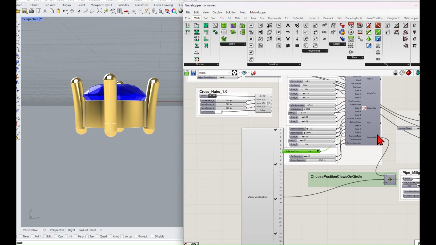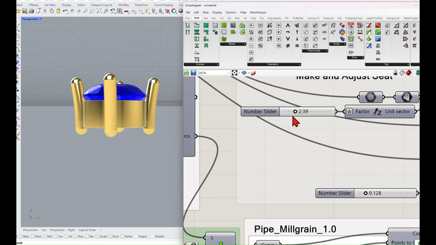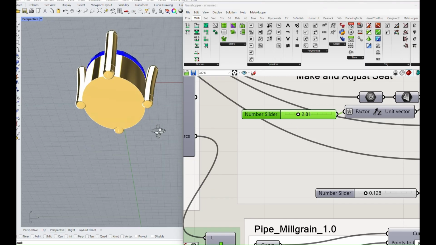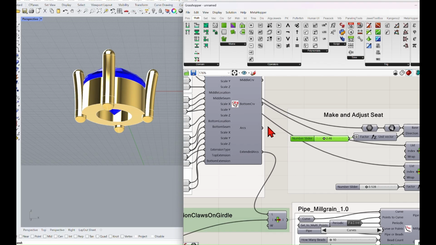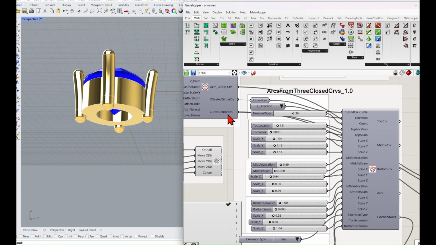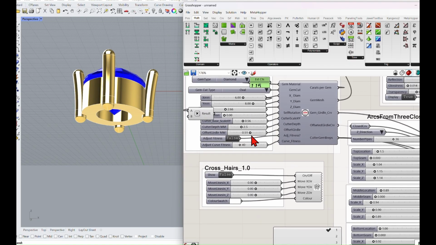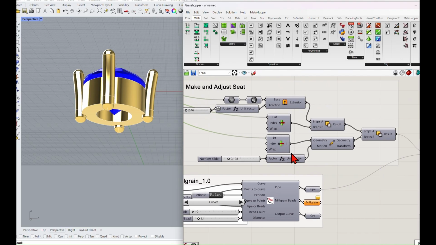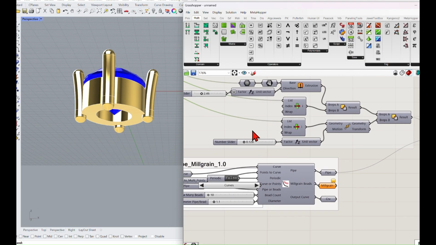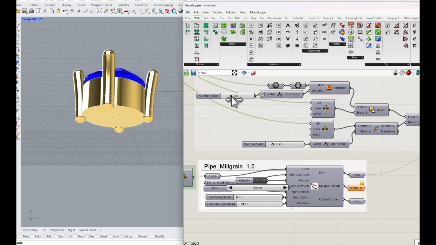Actually, we're going to extend it more because we're going to cut it with the cutter. So if we extend it more,